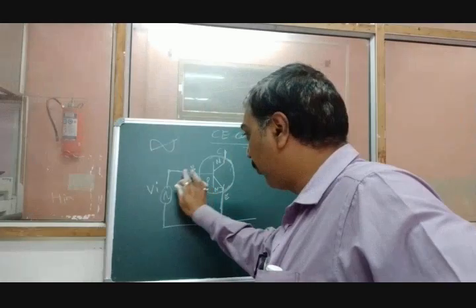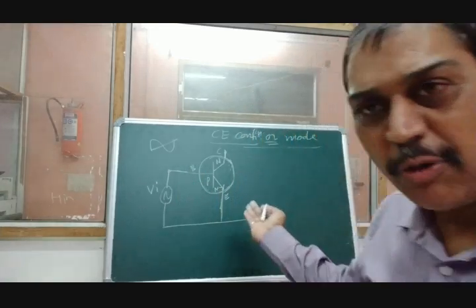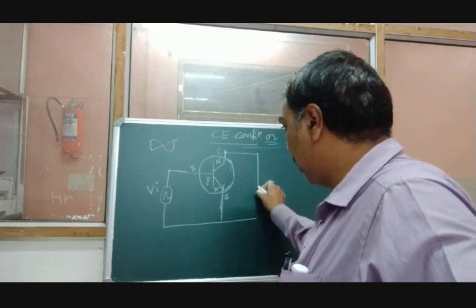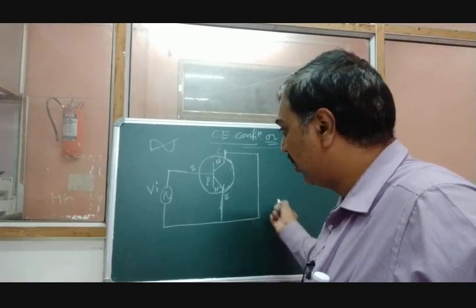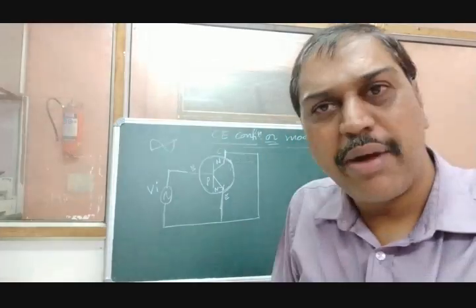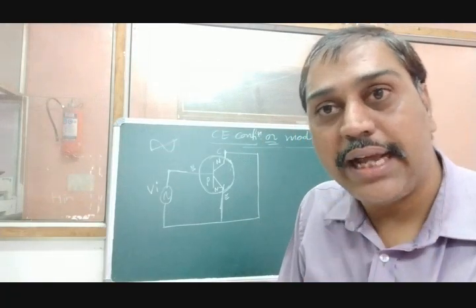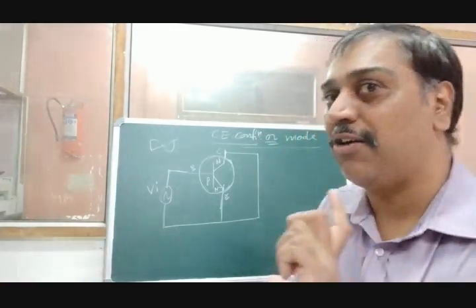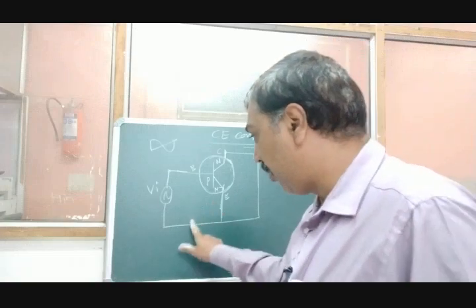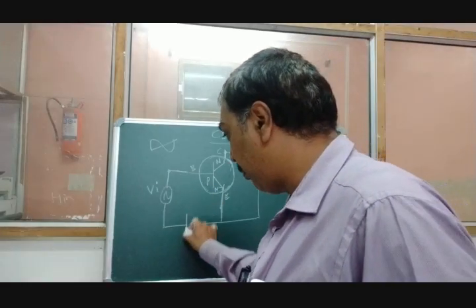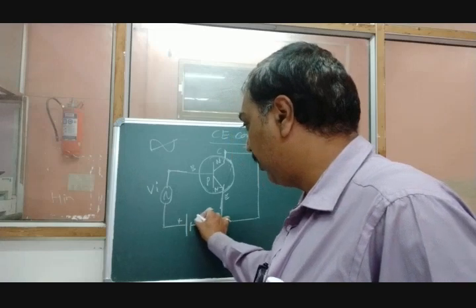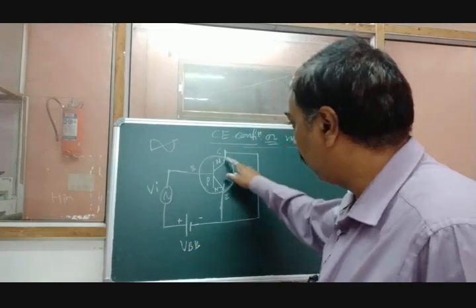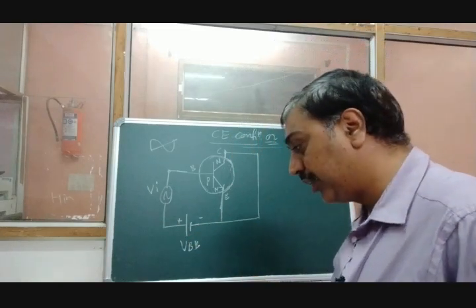Before going into input current, let us first draw the output part, then we'll see that part. So this is the output part, and here the emitter is common. We can take the output here, which is said to be common emitter configuration. But before going into detail, they have shown in your book battery potential cells. The input junction should be forward biased and the output junction should be reverse biased. So the input should be forward biased: P goes to the positive of the battery and the other to the negative. This is VBB. At the same time, the output junction should be reverse biased.